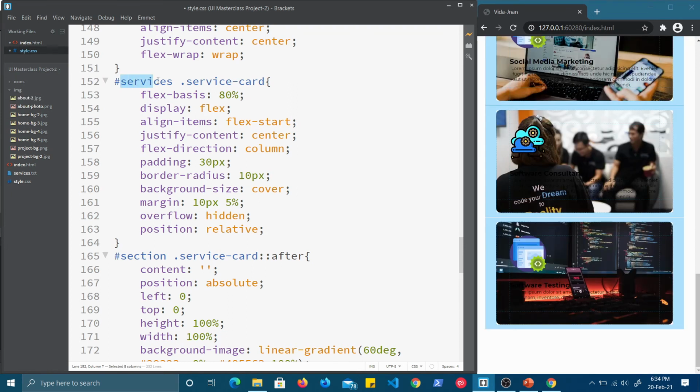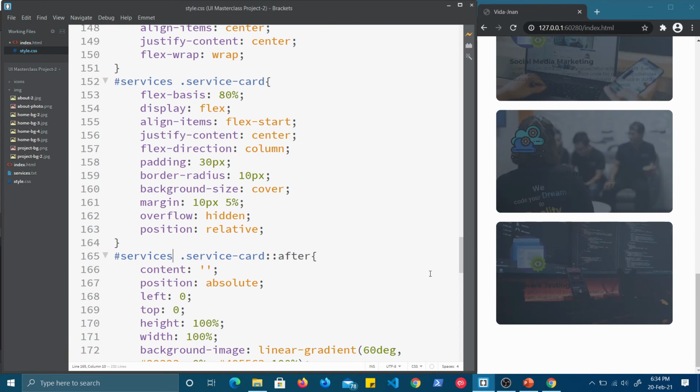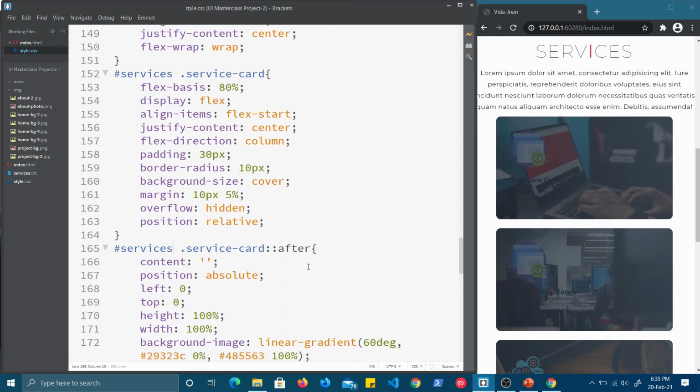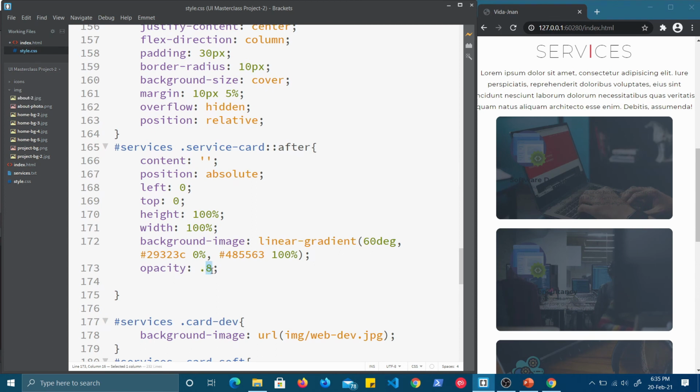Again, I have made a mistake. Instead of services, again here I have written section. That's why. Yes. Now opacity of 0.8 is getting proper. 0.7 will be more proper